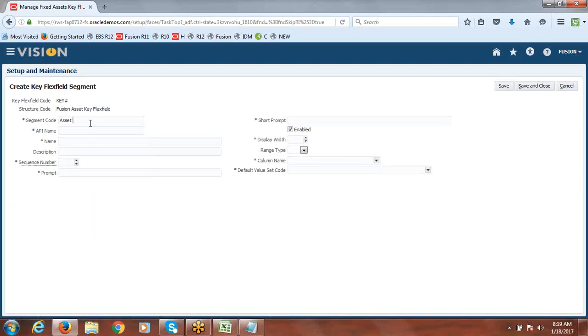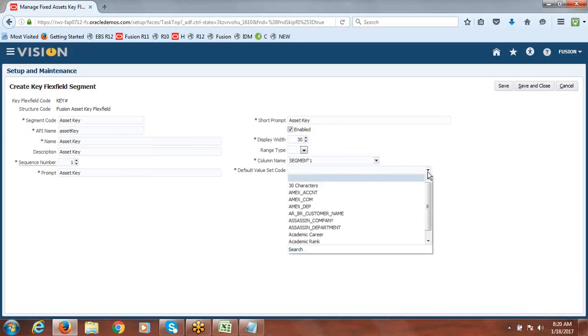Also segment name is asset key. Sequence is going to be one. No prompt asset key. Display width. Choose 30. Segment 1.